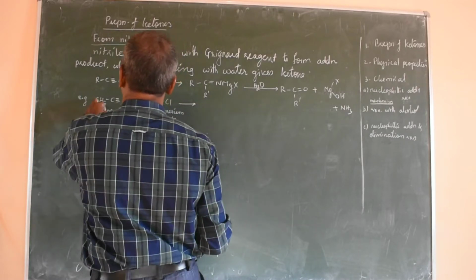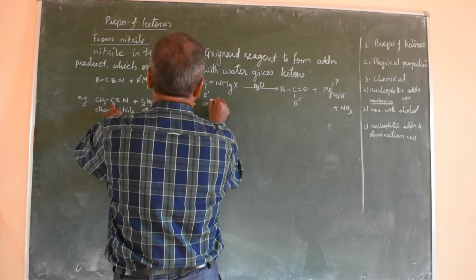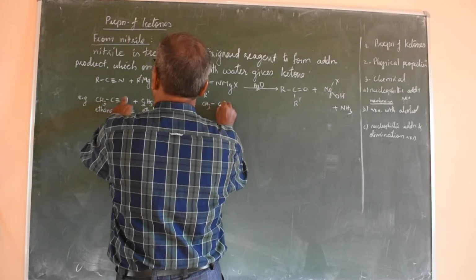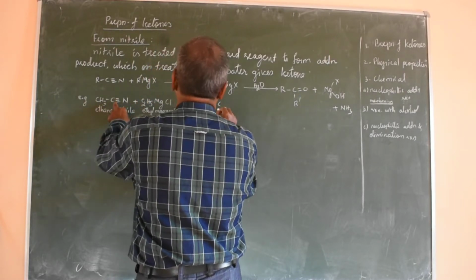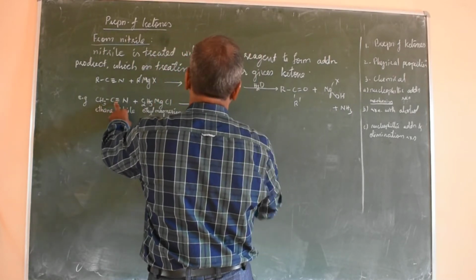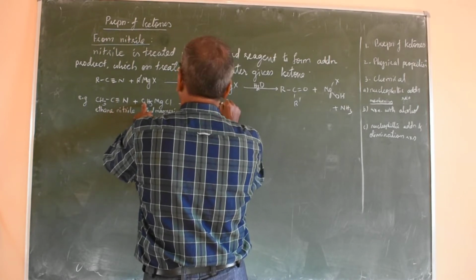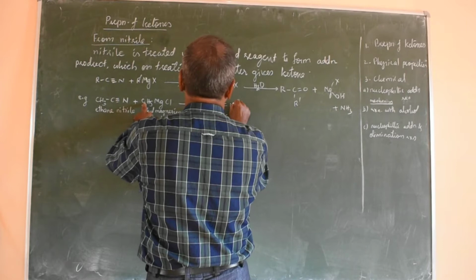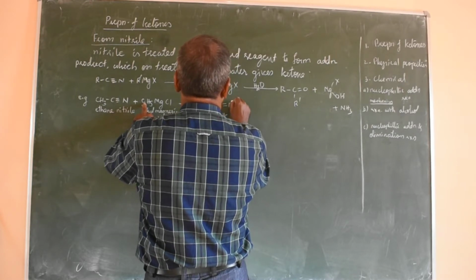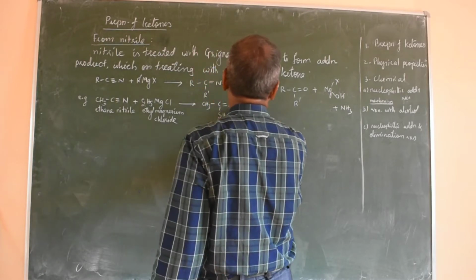As we know, in the reaction of Grignard reagent, C2H5 or R attaches to the carbon of the triple bond. So it's C2H5, then double bond N-MgCl. So this on hydrolysis